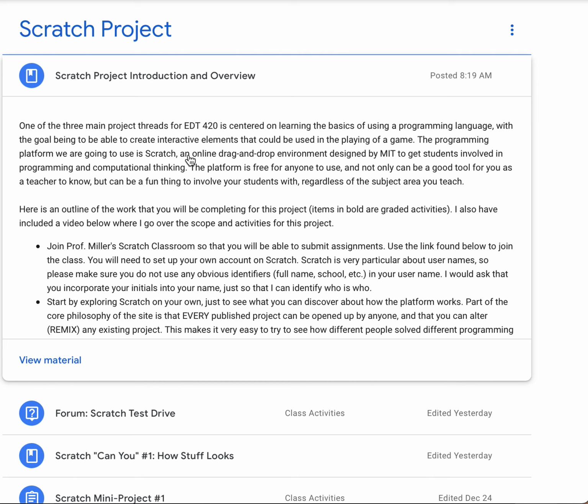The only thing that Scratch is very picky about is when you're selecting a username that you not include easily identifiable information in that name. So don't use your full name, don't use a school name, things like that. I do ask if you can incorporate your first and last initial into the username, just so that as I'm looking, I can easily identify who is who. So once you're in there,